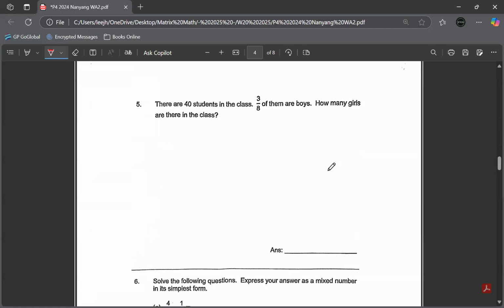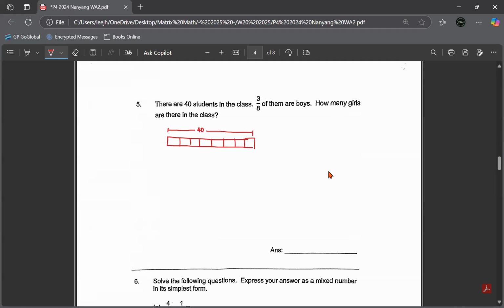Question 5. There are 40 students in the class. 38 of them are boys. How many girls are there in the class? If you want to draw a model, we have to draw a total of 8 units. 1, 2, 3, 4, 5, 6, 7, 8, because the denominator is an 8. And you know the total is